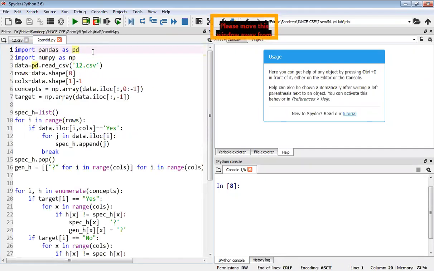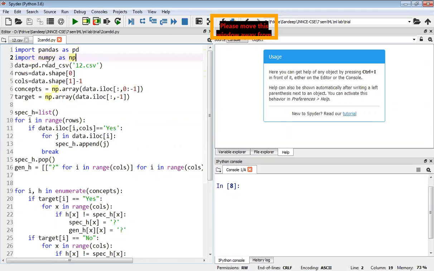Just like yesterday, the first thing is we are importing pandas, because we are reading the data from the file and that data is stored as a data frame. For that, we need pandas. So the first line in almost all the programs will be import pandas as pd. And then we are also importing one more library, NumPy: import numpy as np. So why are we importing this new library?